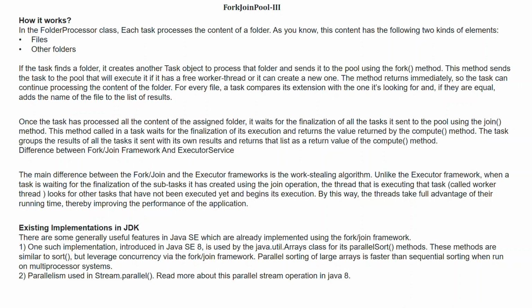These methods are similar to sort, but leverage concurrency via the fork join framework. Parallel sorting of large arrays is faster than sequential sorting when run on multiprocessor systems. 2. Parallelism used in stream.parallel. Read more about this parallel stream operation in Java 8.